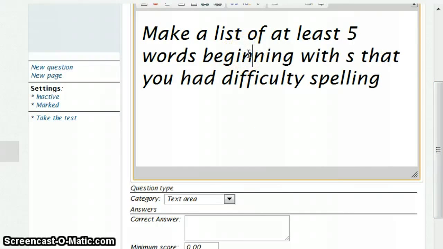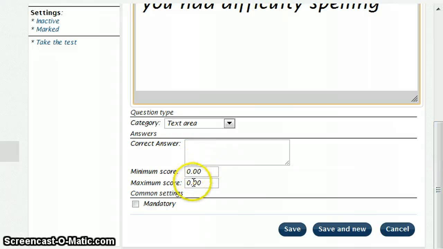And I've got a few, and maybe I'll just make this slightly clearer. So it's a text area. I'm not going to score it this time, so I'm just going to leave all of these blank, and it's going to be a compulsory question. So I'm just going to save that, or if I was going to add another instruction, I would just do save and new. So if we just save that,